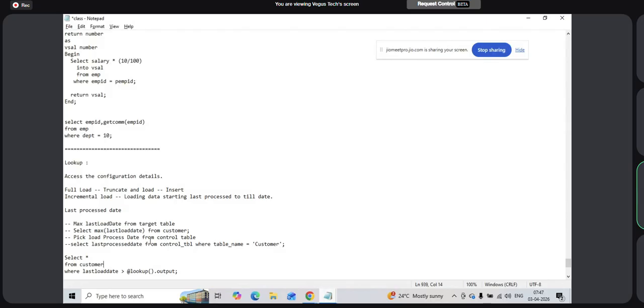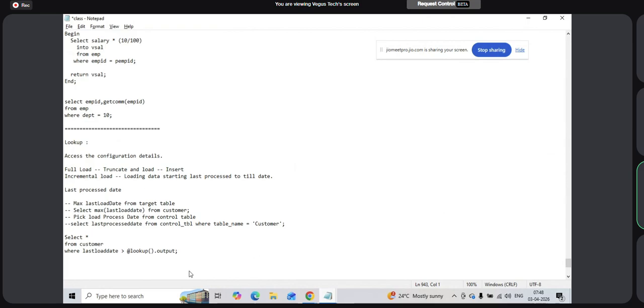If you are generating files from the existing table, you will use this control table. If it is from the source, like some Oracle or anywhere, what you will do, you will execute this once you get data, okay, and what you do again, you will use